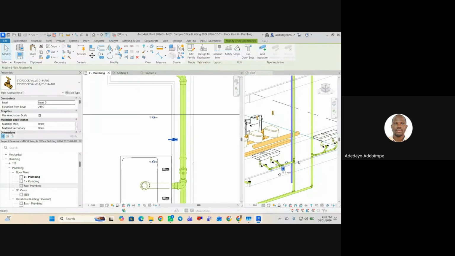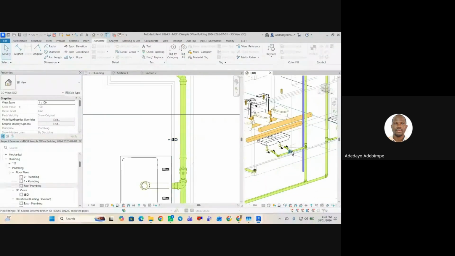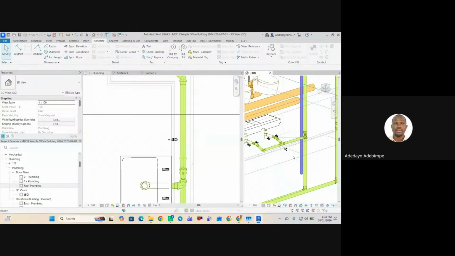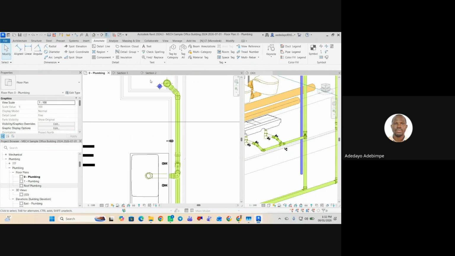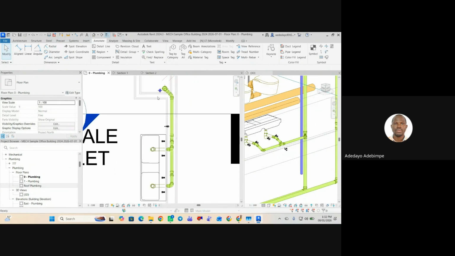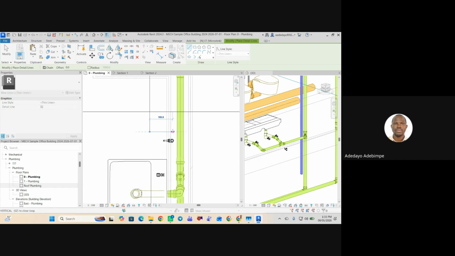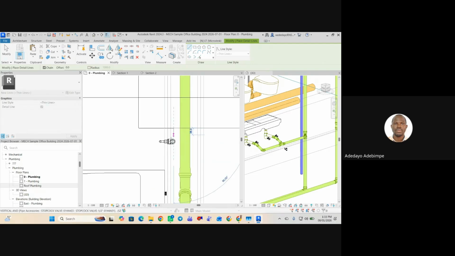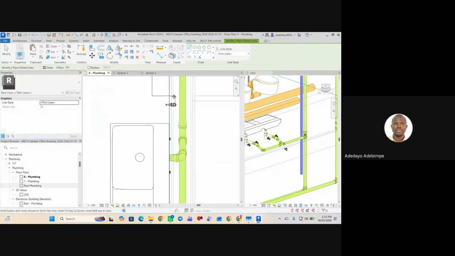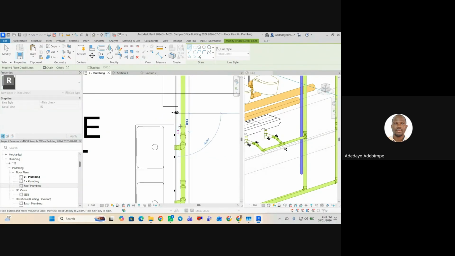So let's see what's happening over here. So this is my stopcock here now. Now I want my pipe. This is the way I want detail line. I want my pipe to come at high level, come here, then drop to low level here, connect to my stopcock. Then from my stopcock, continue at low level to supply